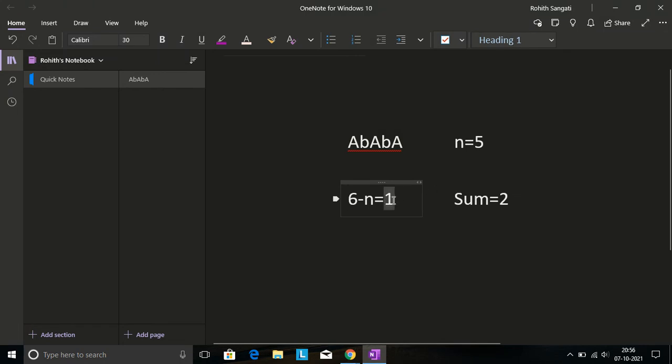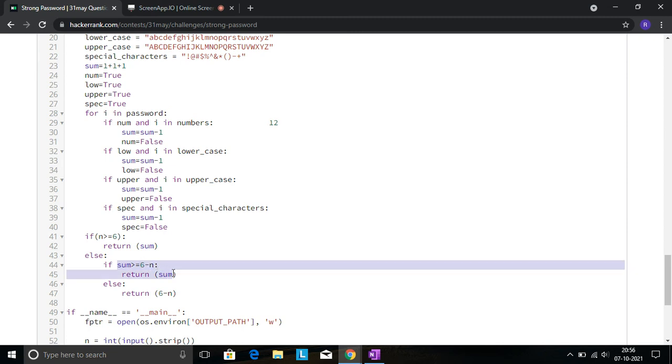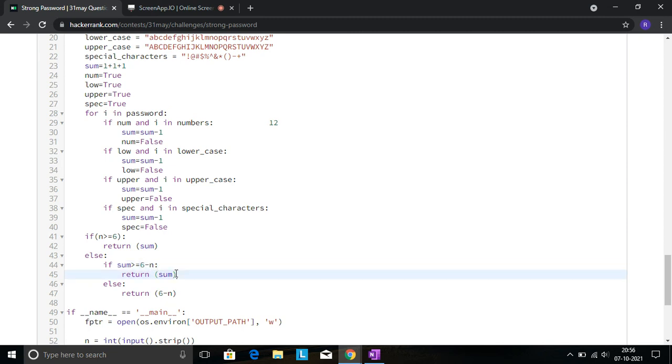Here this one character should be included, any one of these, and the remaining one is included in sum. So whenever sum is greater than or equal to 6 minus n, we simply return sum.